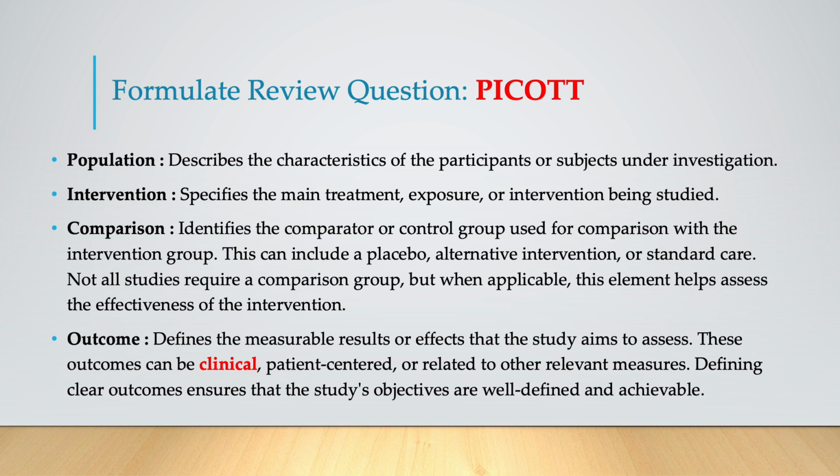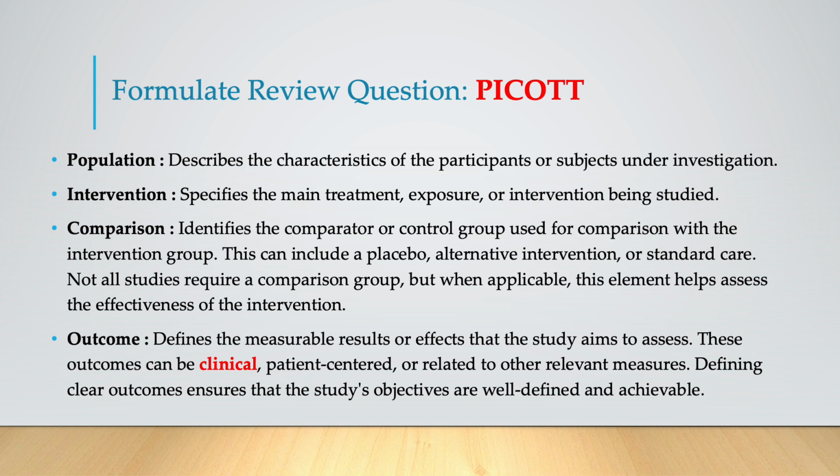So, formulating a review question, PICOTT, is one of the most important tips in systematic review and meta-analysis. If we do it in the right manner, the whole research will be very valid, and it will sometimes be applicable for implementation in practice. So, the population describes the exact characteristics of the participants or subjects under investigation in our research. The intervention we used, whether it's a treatment, another intervention, or an exposure,